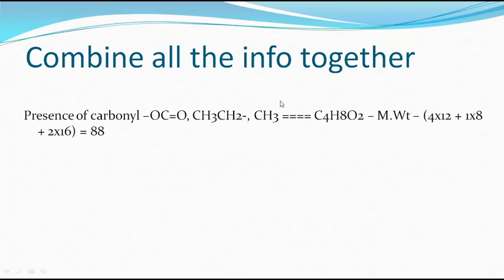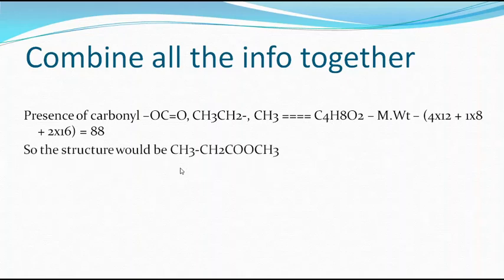This CH3 has the highest chemical shift value, and therefore that should be connected to oxygen. And this CH2 has somewhat lower, 2.3, that is a typical value for a group connected to carbonyl, and therefore this CH2 has to be connected to carbonyl, and this CH3 has to be connected to oxygen, and therefore you will get this structure of the compound. Okay, you can verify this with mass spectra.